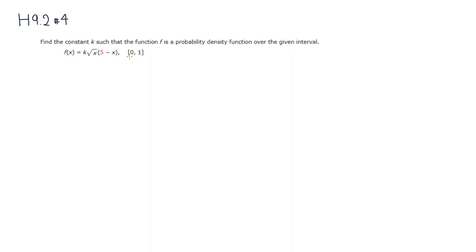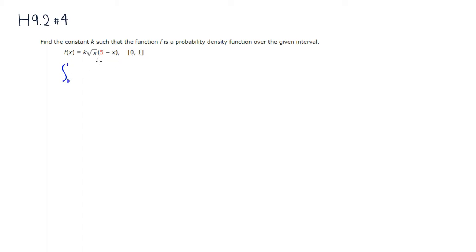Between 0 and 1, we know that this function seems to be non-negative, so it satisfies the first condition. But the second condition is the one that gives you the clue to find the value of k. We have to make sure that the integral of this function from 0 to 1